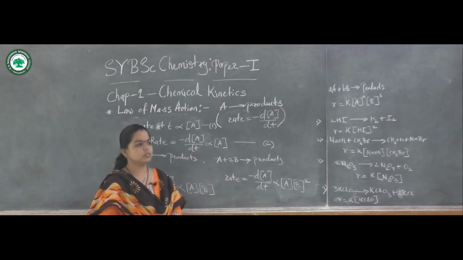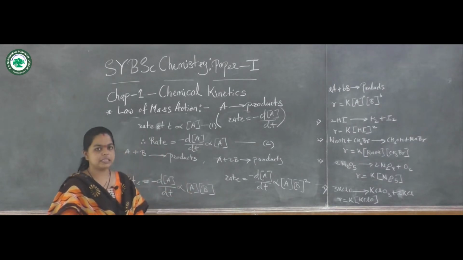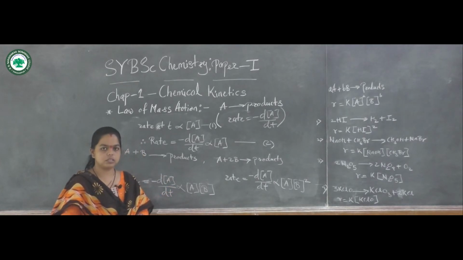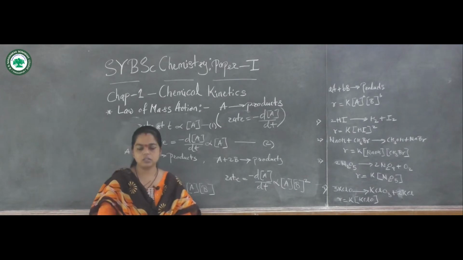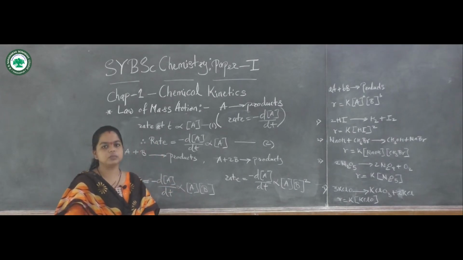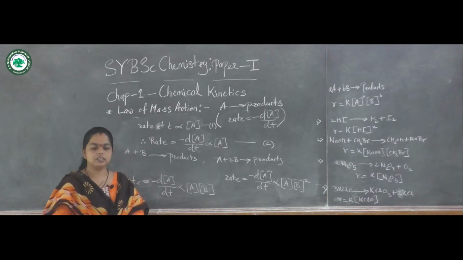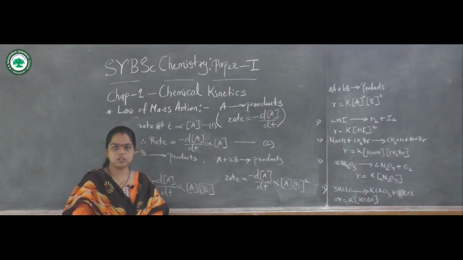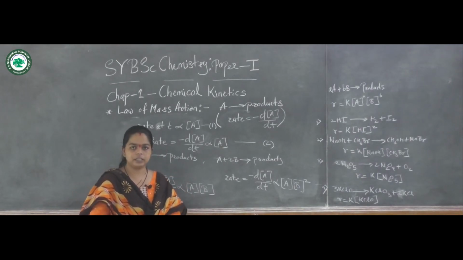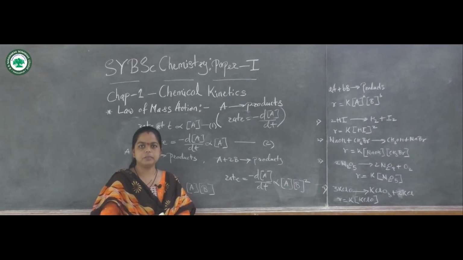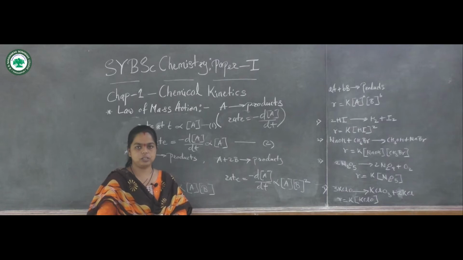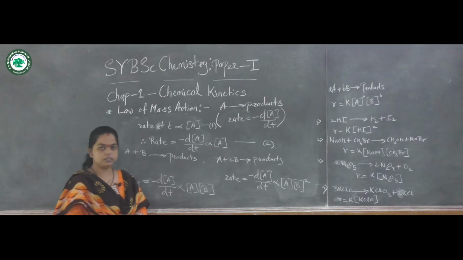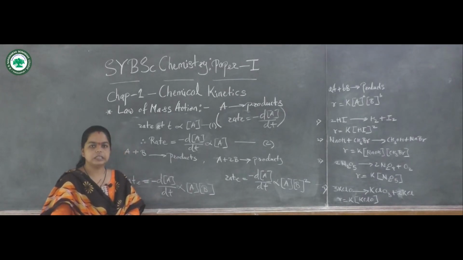Today we are going to study the law of mass action. In the previous lecture we have studied the rate of the reaction and the rate constant. Now we are going to study how the law of mass action is applied to the rate of the reaction, or it is also called the rate law. The dependence of the rate of the reaction on the concentration of the reactant at a given time can be given by the law of mass action or the rate law. For this rate law, we can derive the equation and relate it with the rate of the reaction.